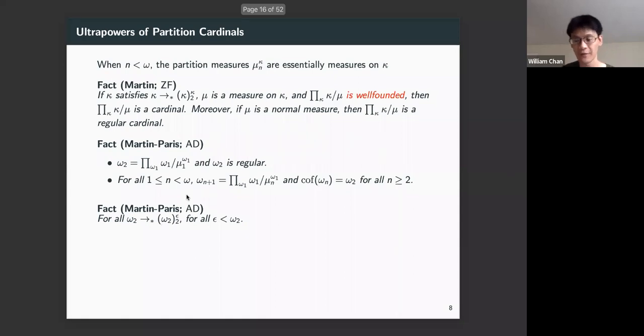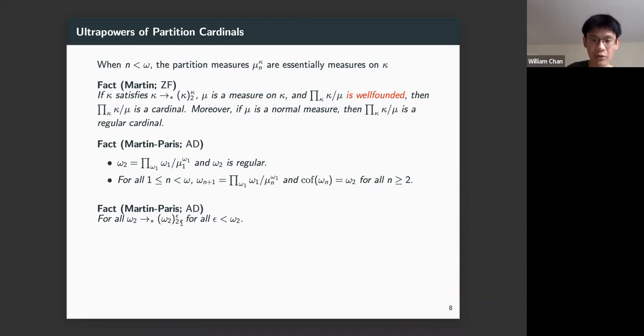So in particular, the first singular cardinal of AD is actually omega_2 having cofinality omega, no, it's omega_3 having cofinality omega_2. These ultrapower representations are actually very useful for combinatorics below the projective ordinal. As an example, the ultrapower representation of omega_2 combined with this Kunen tree analysis is essentially how Martin and Paris showed that omega_2 is a weak partition cardinal.